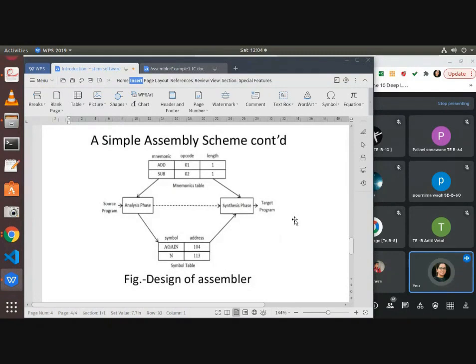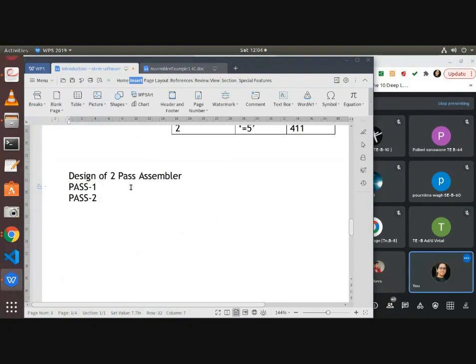We can directly have a single pass assembler, or we can have a 2-pass assembler. A single pass assembler means we convert the source program directly into target machine code. A 2-pass assembler means we require the pass 1 phase, known as the analysis phase, and the pass 2 phase, that is the synthesis phase. Okay, so if time permits,